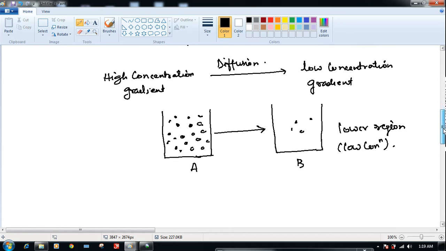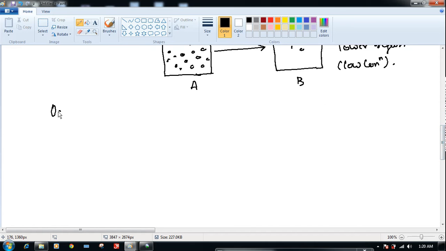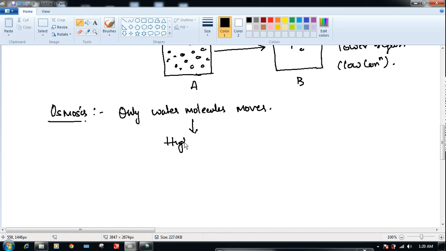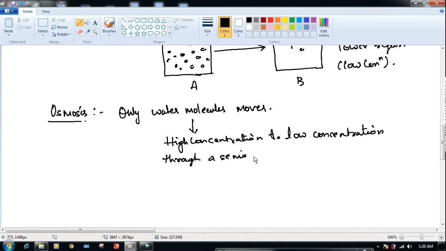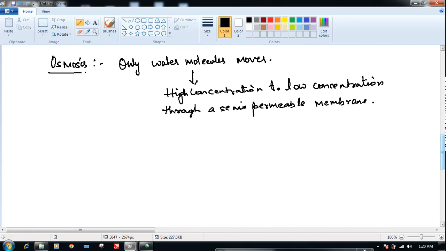Okay, now there is a slight difference with osmosis. In osmosis, only water molecules move, and they are moving from high concentration to low concentration through a semi-permeable membrane. So in osmosis,